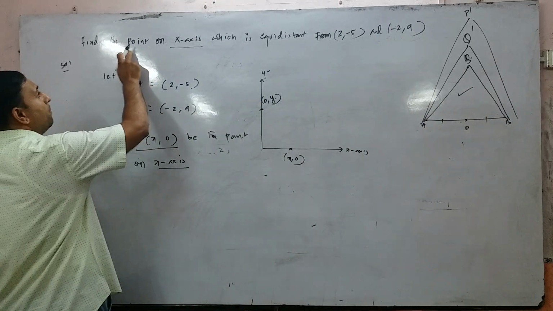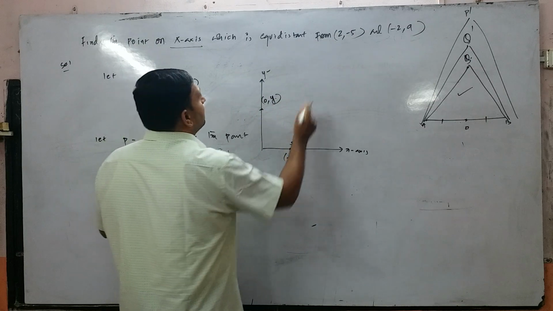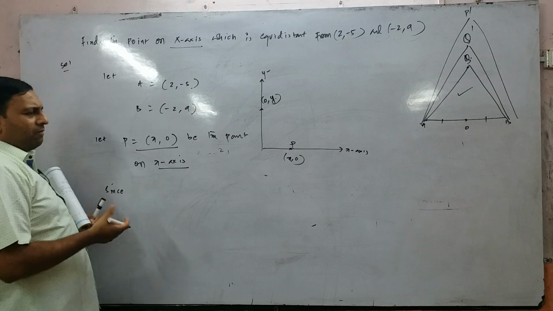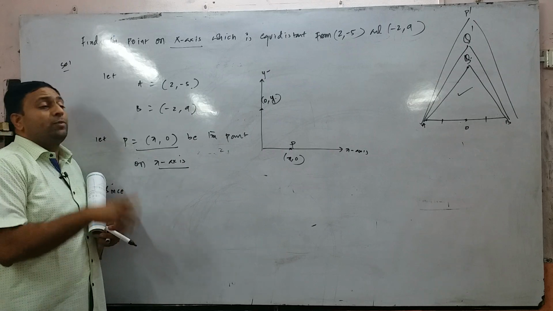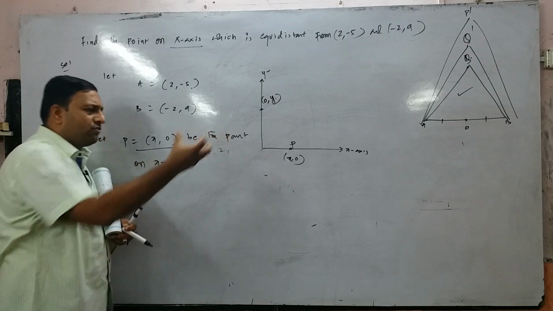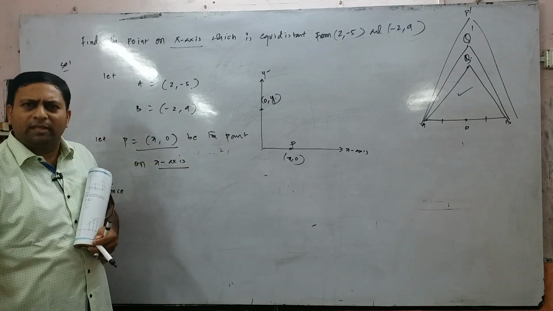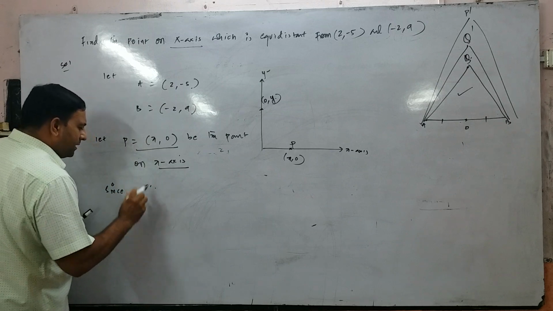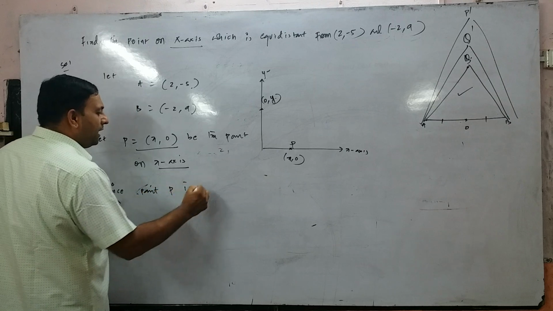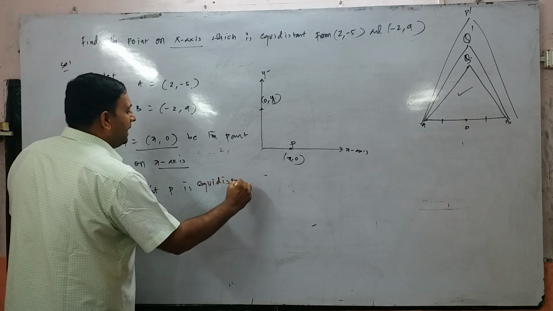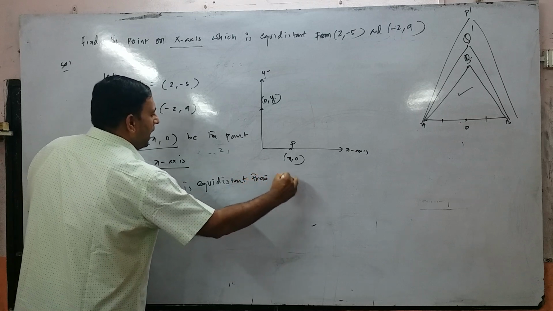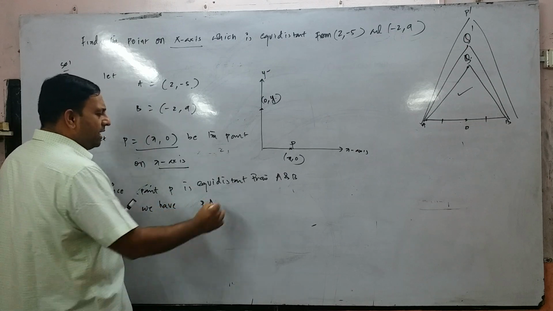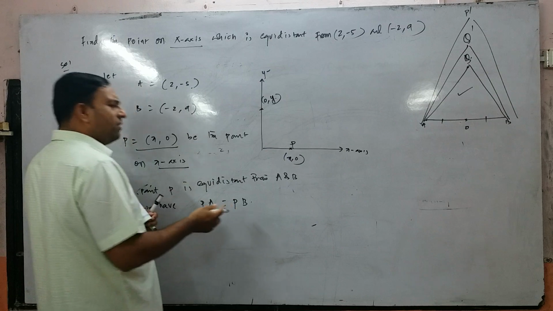Now what is given to you? The point which is on the x-axis is equidistant from these 2 points. Now I will say since this is the condition. Remember, whenever you are going to find any unknown quantity, there has to be a condition. As a good mathematician, you have to extract the condition, apply the formula, and we will get the unknown things. So since point P is equidistant from A and B, we have distance PA is equal to distance PB. That is the meaning of equidistant.